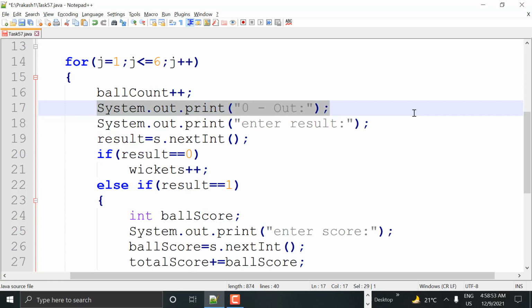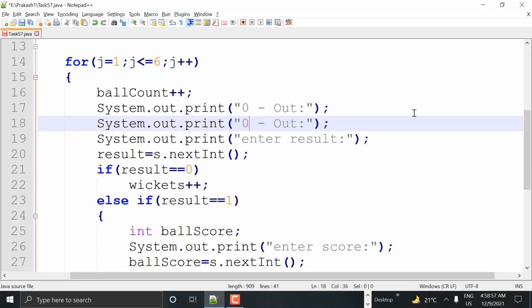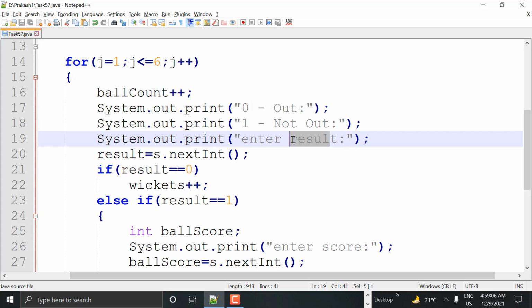Like that, I'm showing a clear message to the user so that the user will choose any one. Now for every ball it keeps displaying: 0 means out, 1 means not out, and then enter your choice.